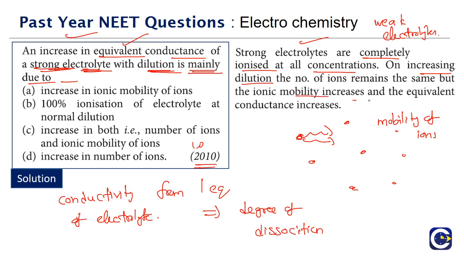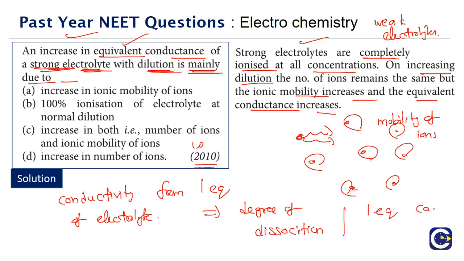And the mobility of the ions increasing is going to result in the increasing of the conductance, or the equivalent conductance, because already the number of particles are fixed. If we take one equivalent of electrolyte, and it is fully undergoing dissociation, we will get one equivalent of the cation particles and one equivalent of the anion particles. That will be fixed. Now, because dilution will increase the separation between them, their mobility will be increasing. So the correct answer for this is what? The increase in the